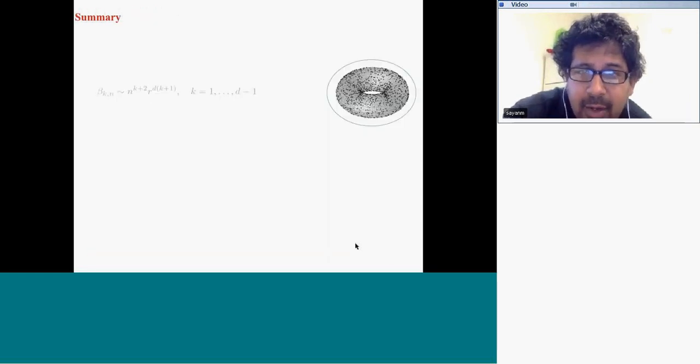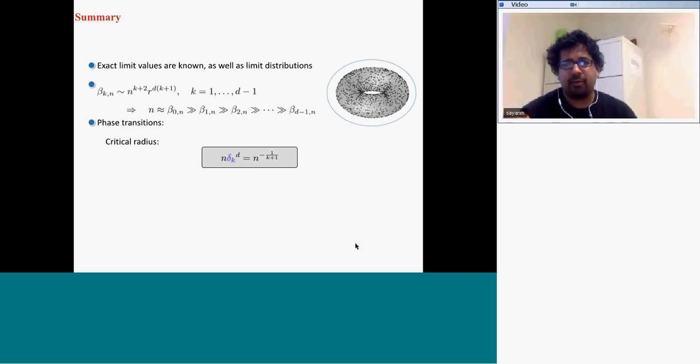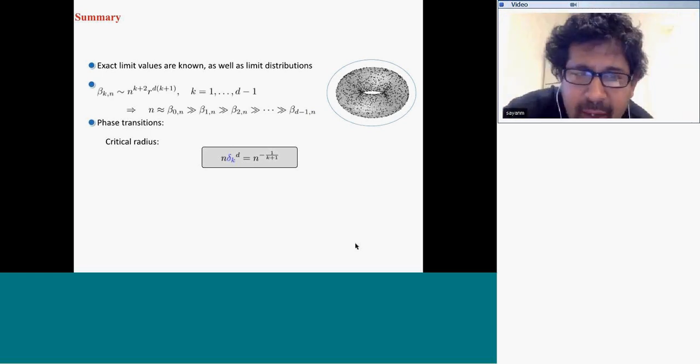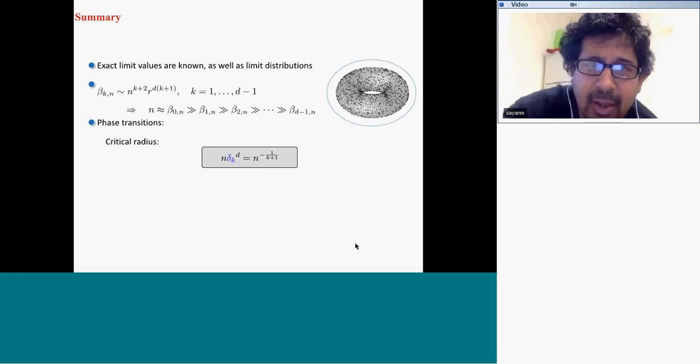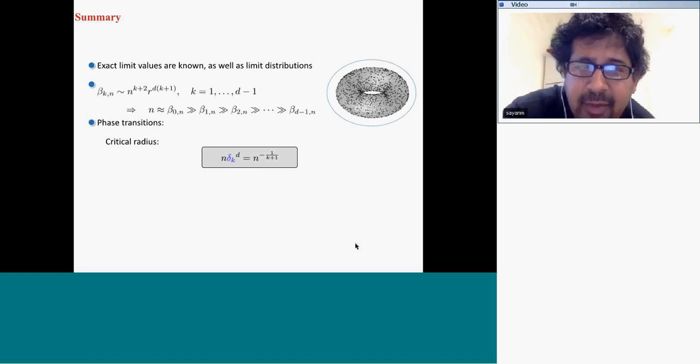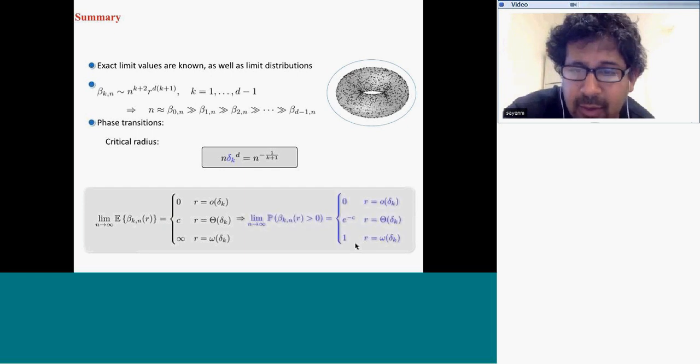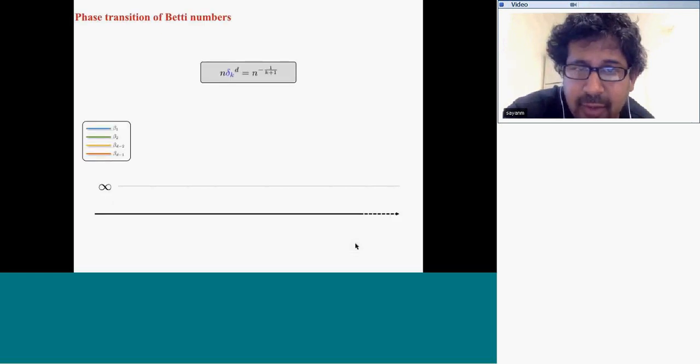Now, the point here in the subcritical regime, which I think Omer calls the dust regime, is that you basically have a case where nothing is very well connected, not well connected at all. So Betti 0 is going to be dominating, then Betti 1, Betti 2, and so on. Basically, the number of connected components is going to be of the order of the number of points. And you can have a critical radius, which tells you how things change. A picture of that is as the radius gets bigger and bigger,